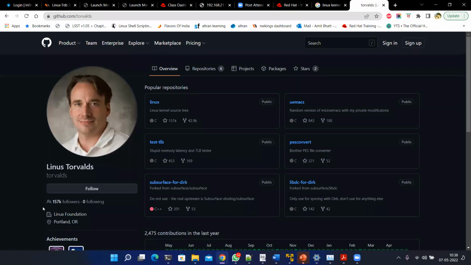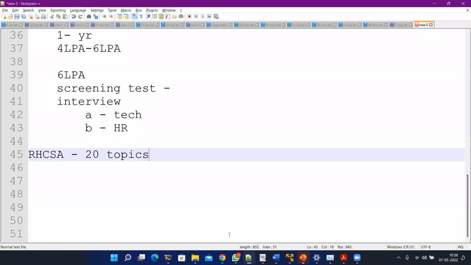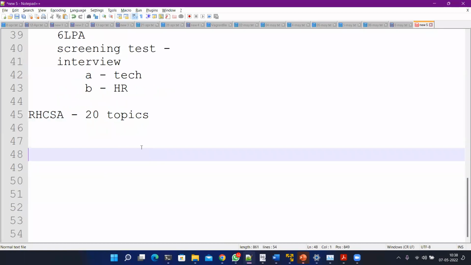Red Hat company has invested a lot in the Red Hat Linux operating system. They have converted this normal open source Linux operating system into a full-fledged enterprise level operating system. So if they have invested in this operating system, they're going to charge for it, right? See, Red Hat Linux is free to use, free to download.